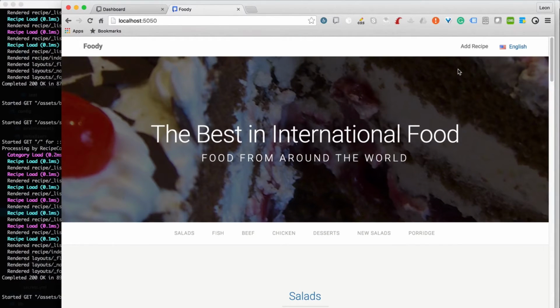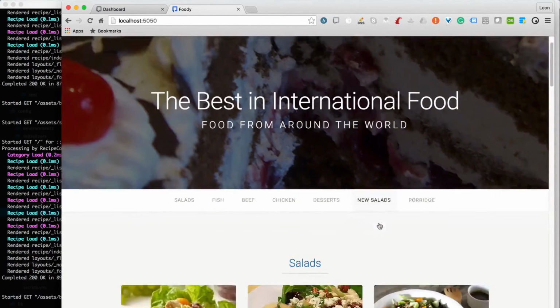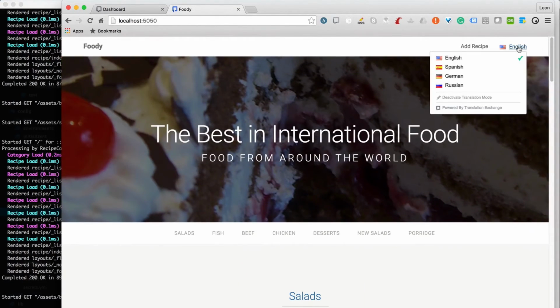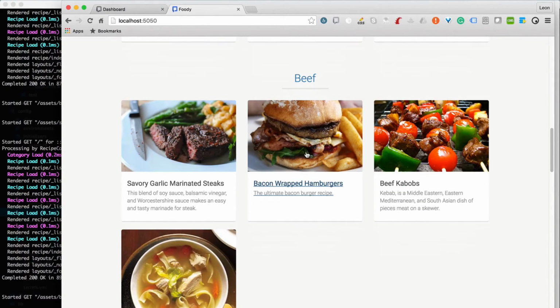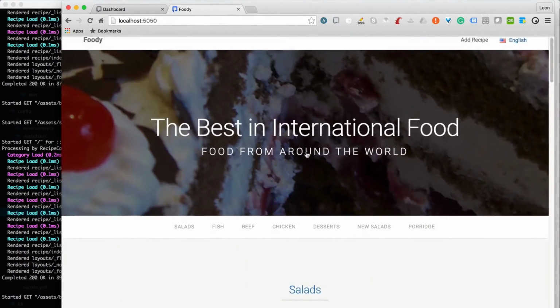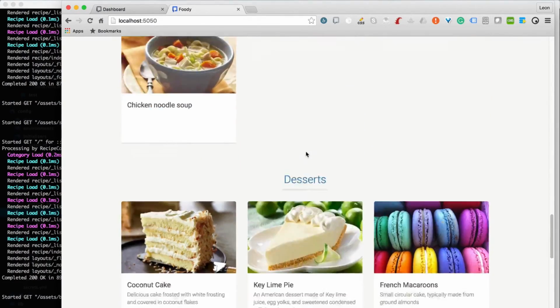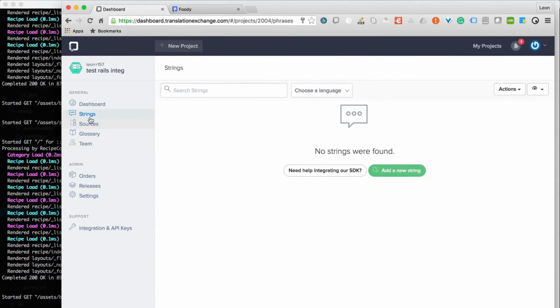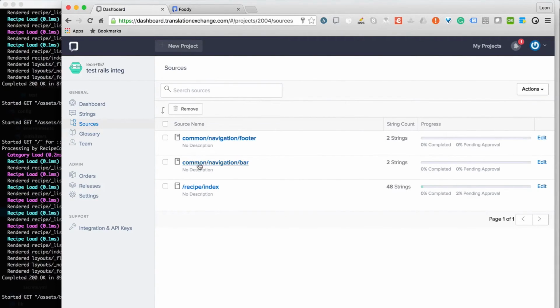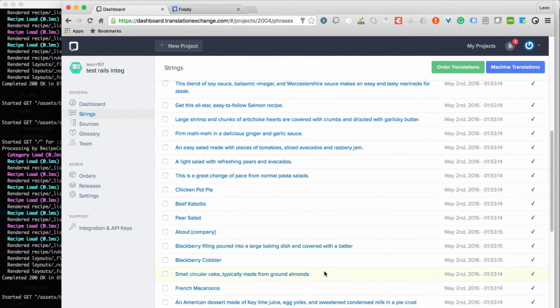You can see that the site refreshed, but nothing really happens here. But if you look at the language selector, now we see Spanish, German, and Russian, exactly the languages we created in the dashboard. And the main thing that happened is the TML SDK is now initialized and connected to our translation center and pulls all the strings that we wrapped into our dashboard. If you go back to our translation center, suddenly you see strings appear. If you look at the strings, you see all the strings that were wrapped.